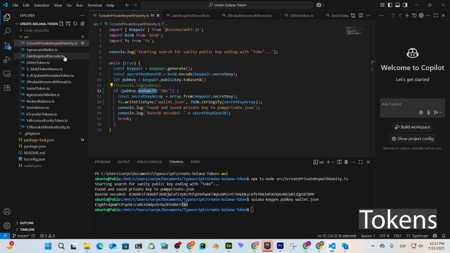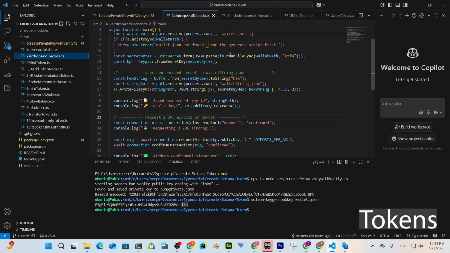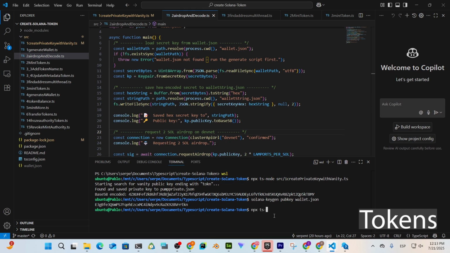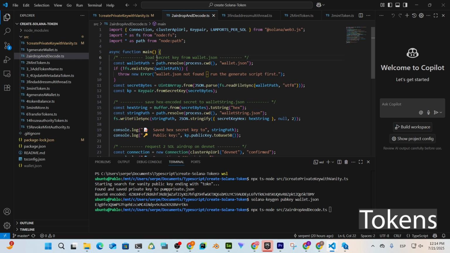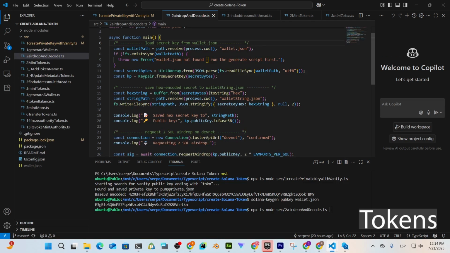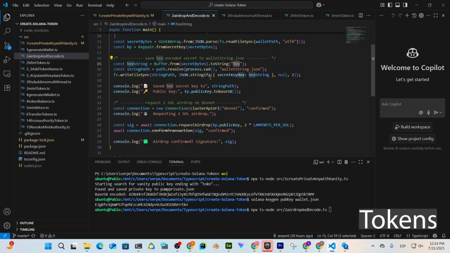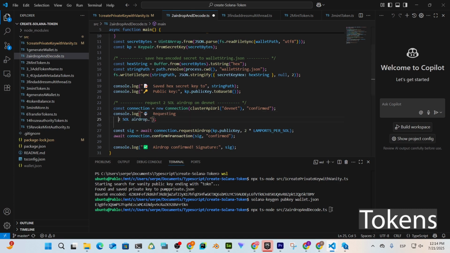Then the next step is to airdrop and decode. So npx ts-node src to airdrop and decode. The first step, we load the secret key from wallet. And the idea is to save it as a hexadecimal secret key, so we can import this string into Phantom. Also, we're using DevNet, and we're requesting a Solana airdrop, because if we check, for example, solana balance, and we pass this wallet,